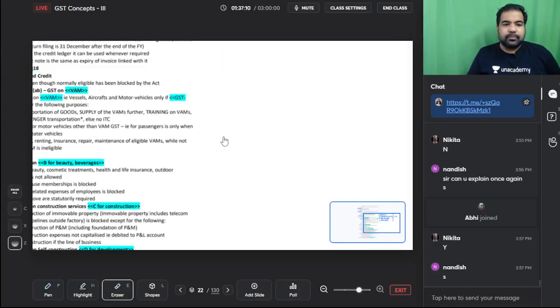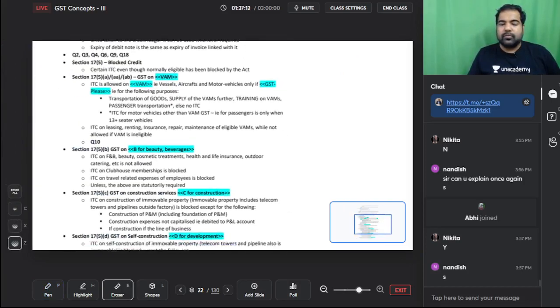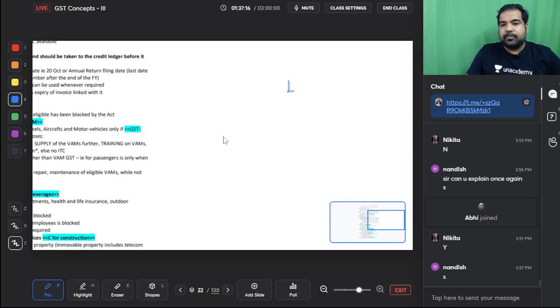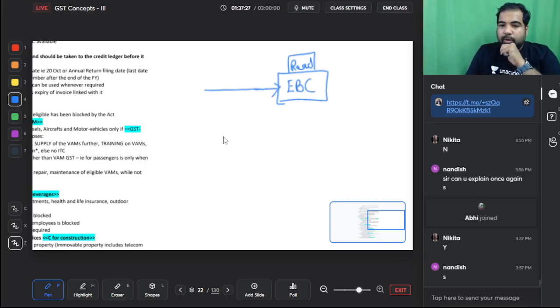Now, guys, this is Electric Bike Company. They are registered, as you know. And every week they throw a party for their employees. And when the caterer comes, the caterer charges, let's say 10 lakh rupees plus GST. They happily pay GST because they think they'll get a credit of that GST, which they should, because it's for the purpose of the business to keep the employees happy.